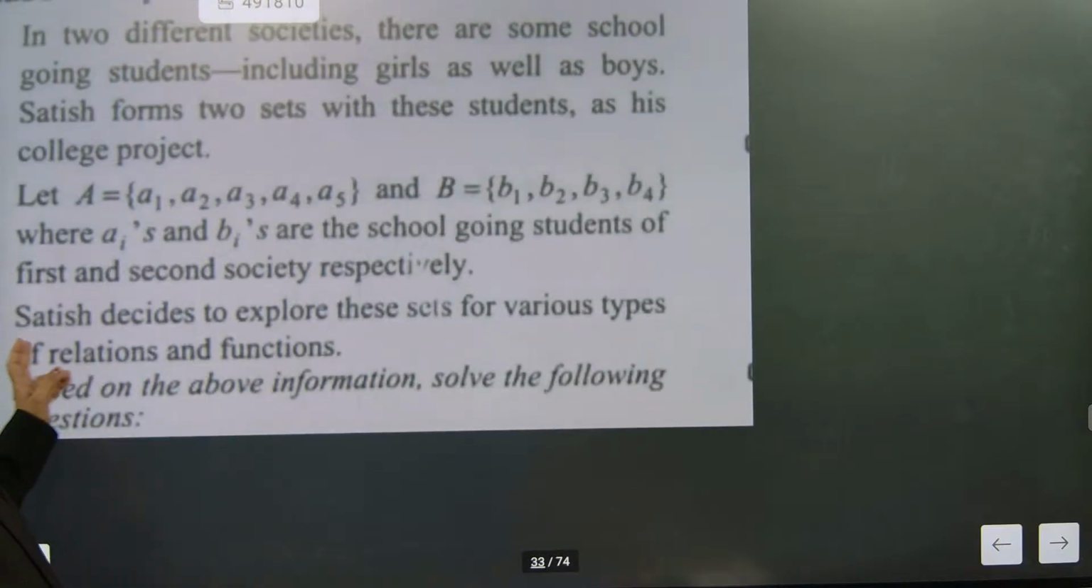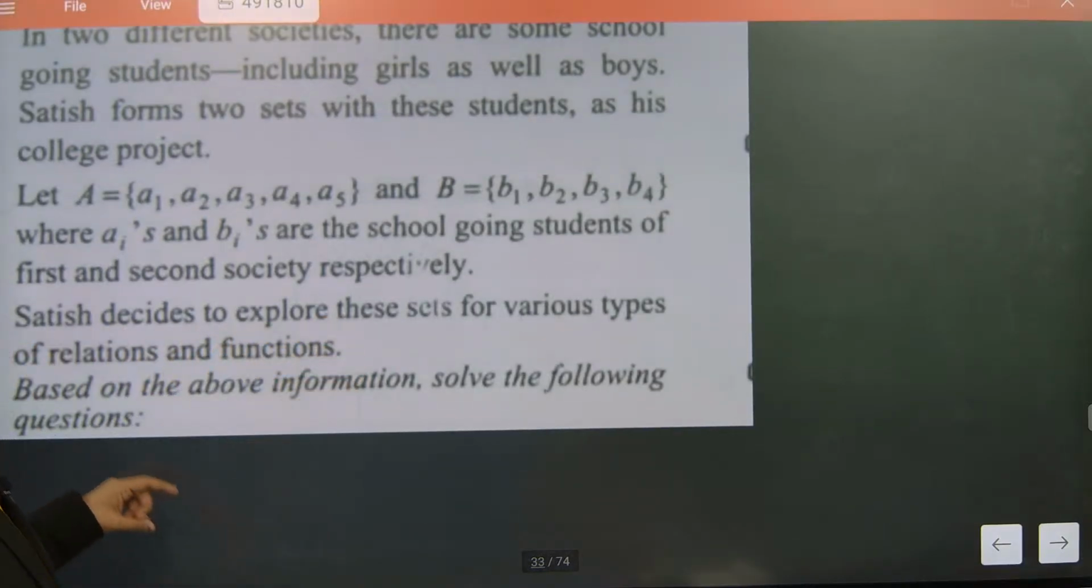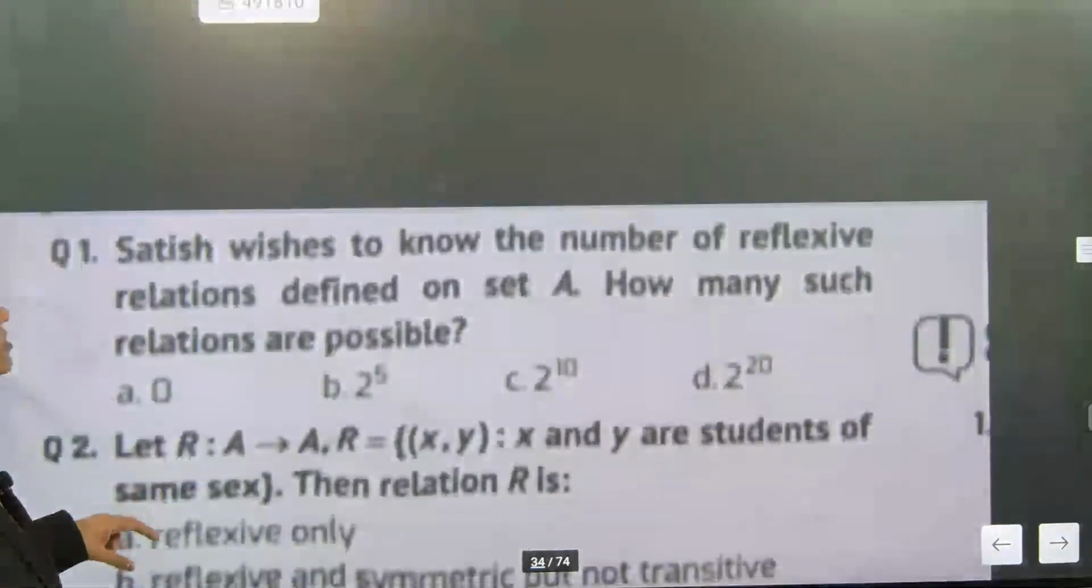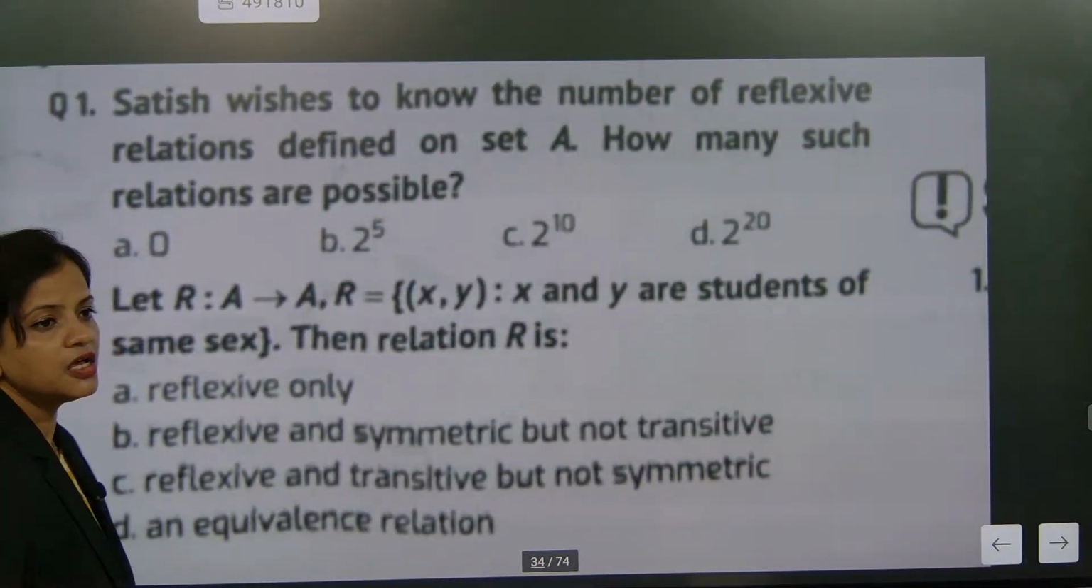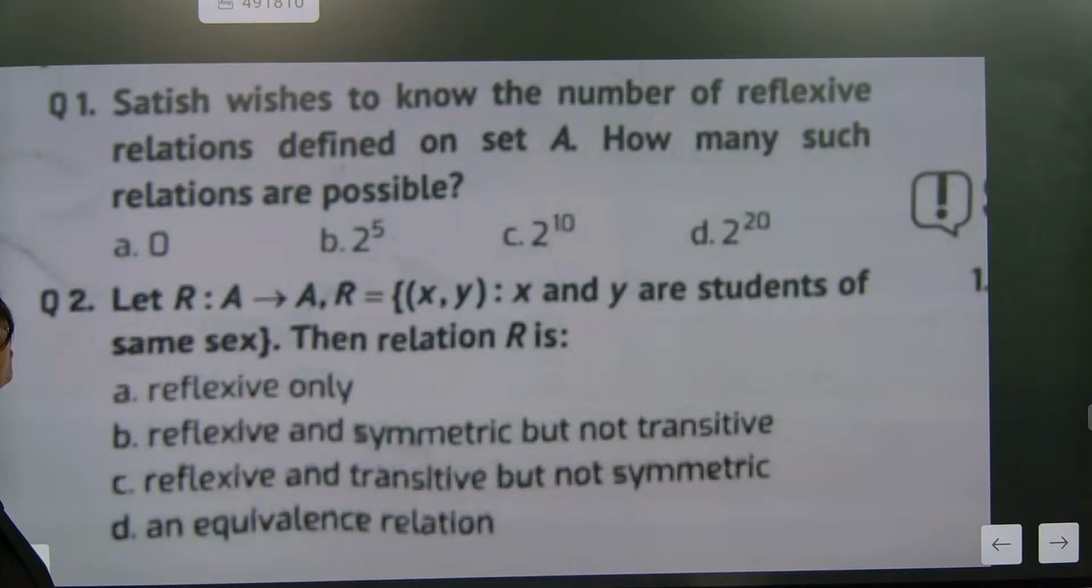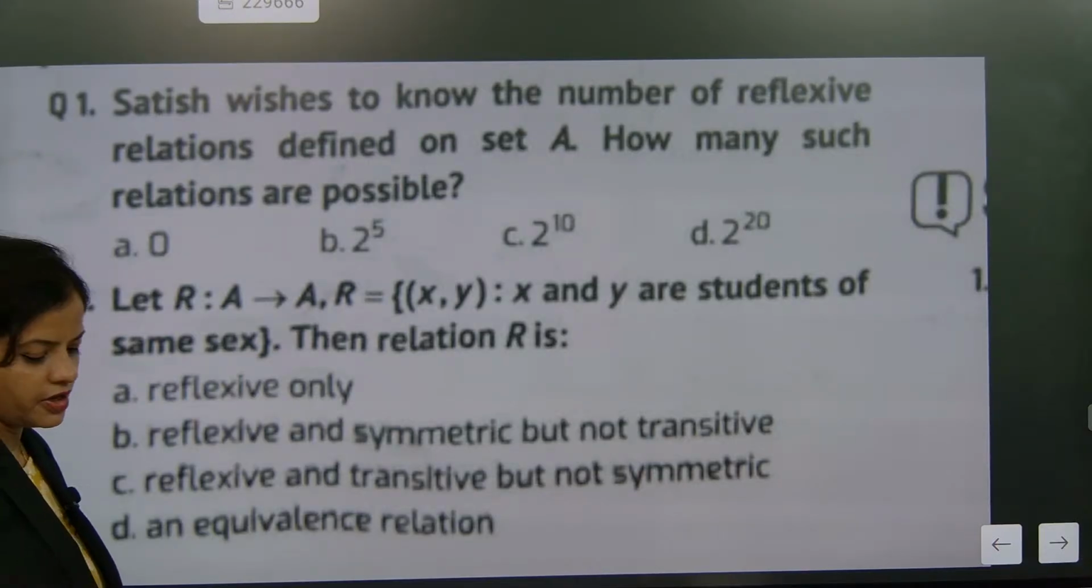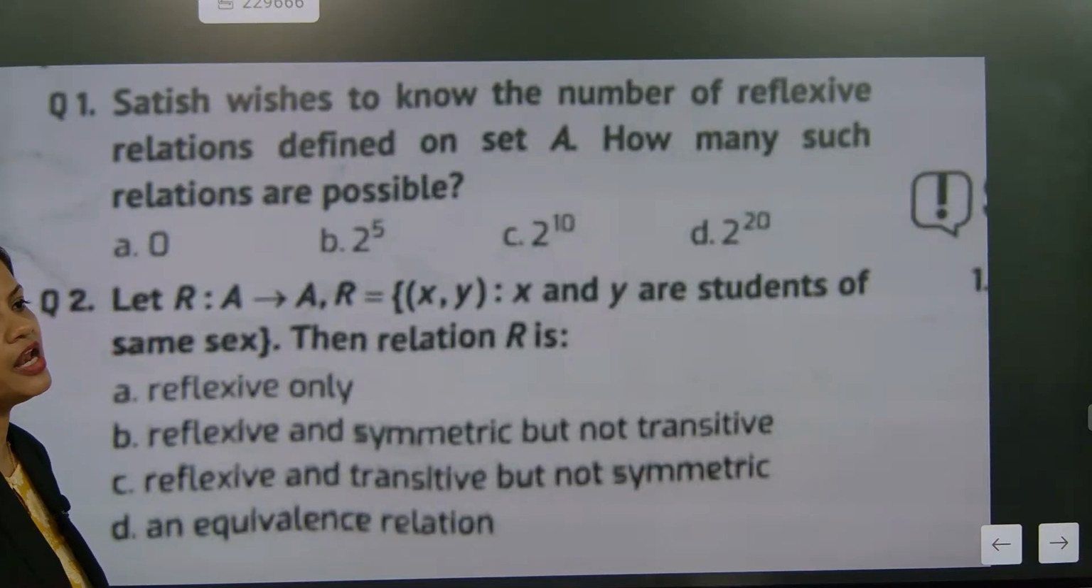Let's see. Satish decides to explore this set of various types of relations and functions. This is a good question because with this type of question the formula will become very much clear. Satish wishes to know the number of reflexive relations defined on set A. How many such relations are possible? A is having how many elements? 5. B is having how many elements? 4. So the number of relations possible is,